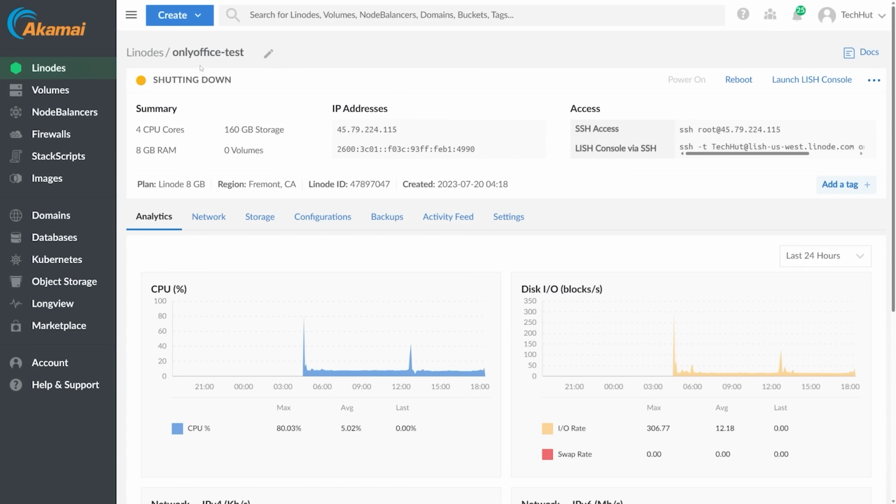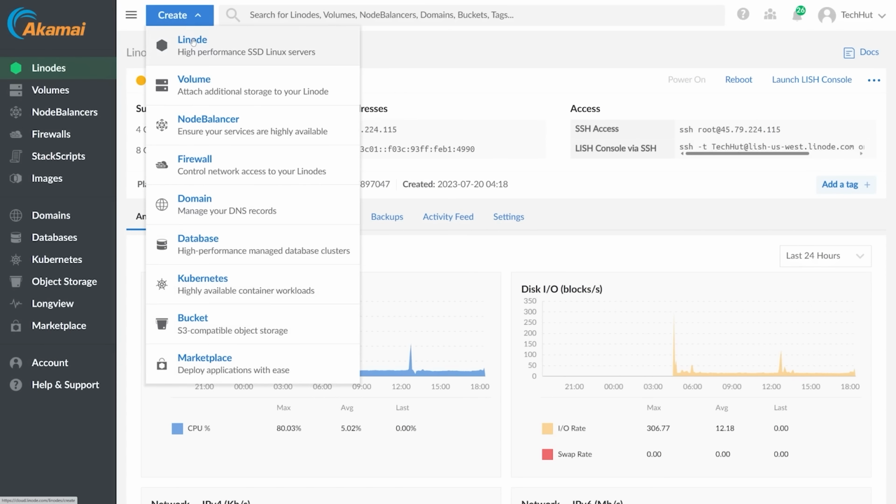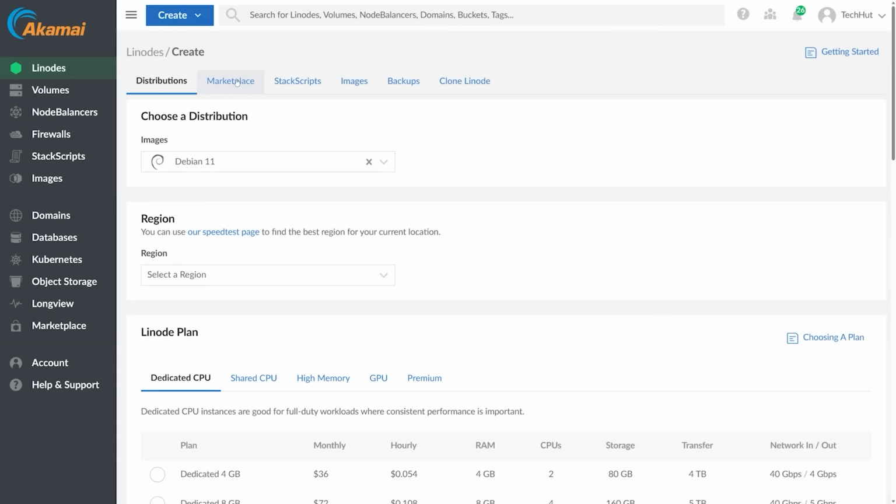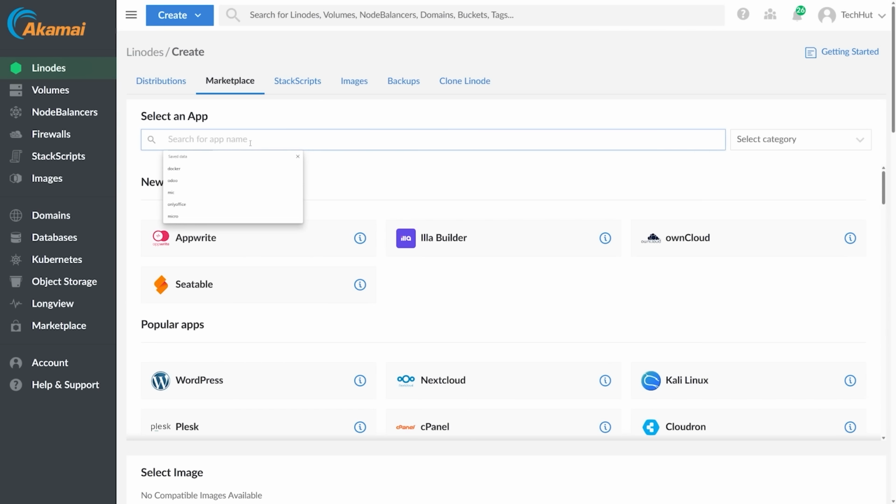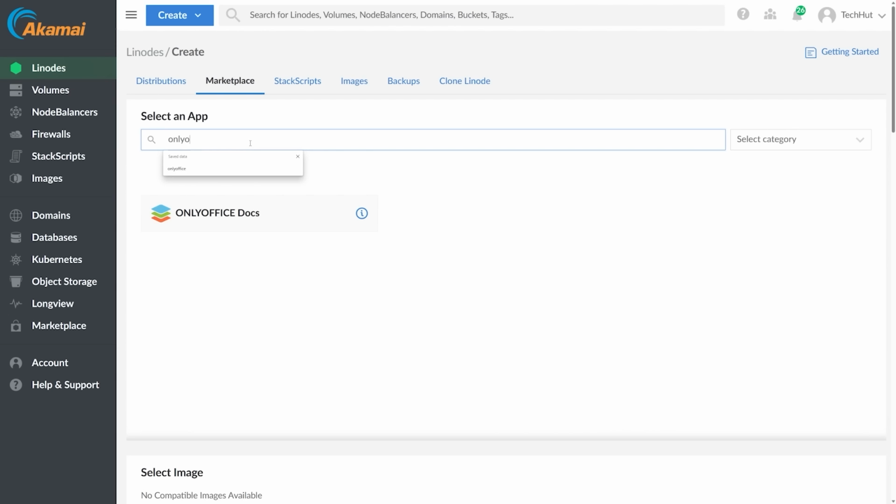So let's power off this Linode, and what you're going to want to do is go up here to create. From there, click on Linode. And here we're going to go to the marketplace. Now, like I said, we're not going to be using this for this video, but if we do search OnlyOffice, you can see they do have the OnlyOffice doc server. If that's something you're interested in, you'd want to install that,